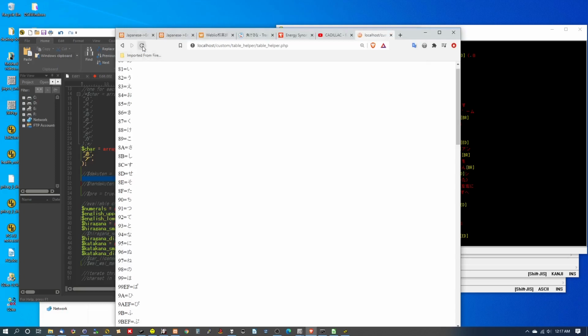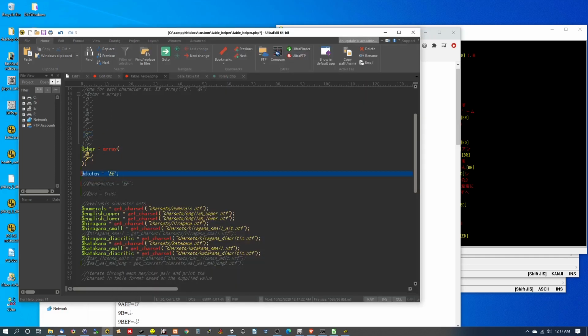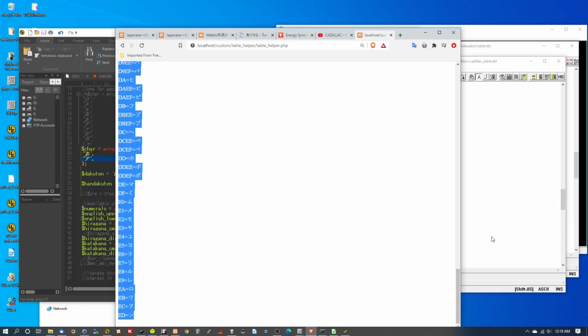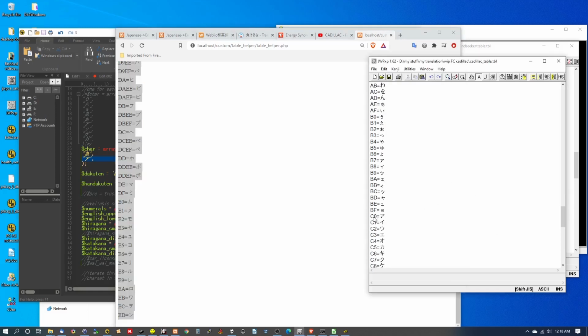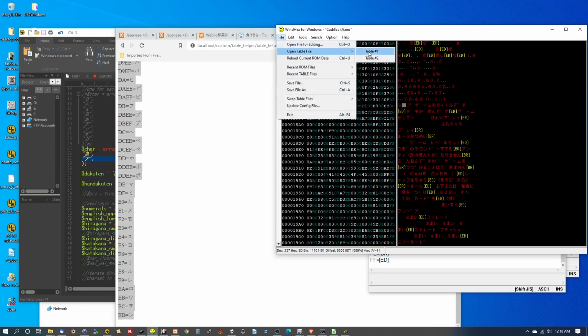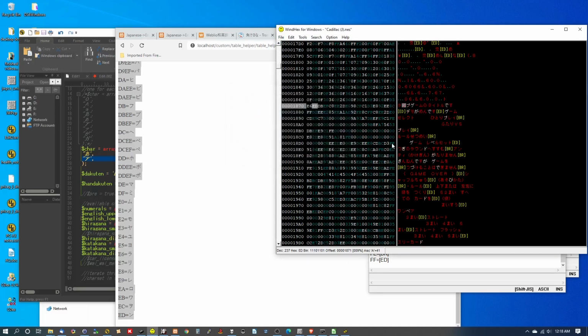So yeah, what's super nice about that is that we can actually get our diacritics to show up in here once we put this in. With this katakana, down to there, and we'll save that. And now you'll see when we open this up, open table file for Cadillac. Bing, there we go. We get our, you know,